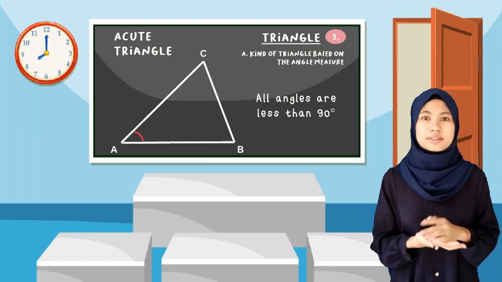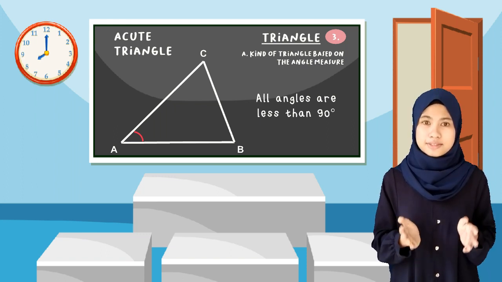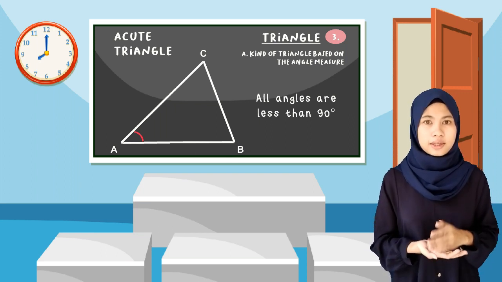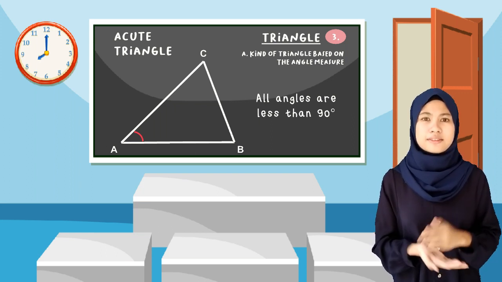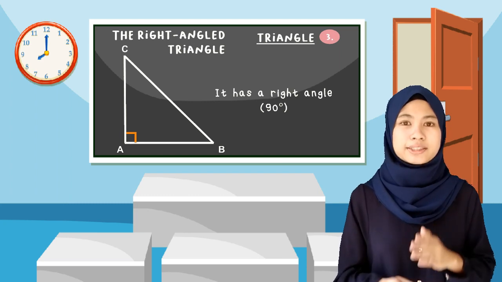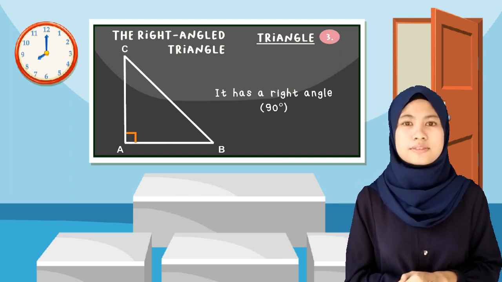An acute triangle is a triangle in which all the angles are less than 90 degrees. Each one of the angles A, B, and C is less than 90 degrees. Next, right angle triangle. A right angle triangle is a triangle in which one of the angles is exactly 90